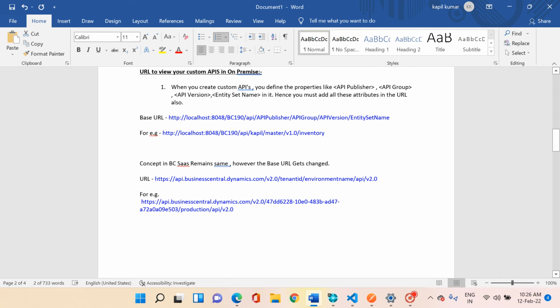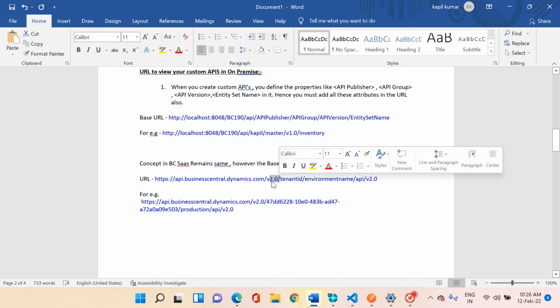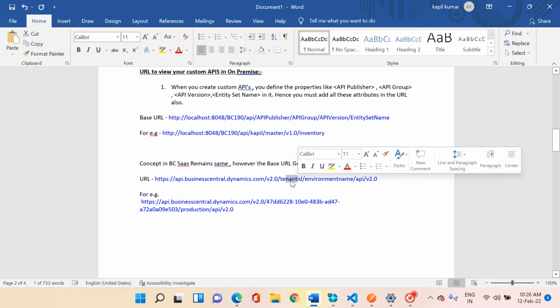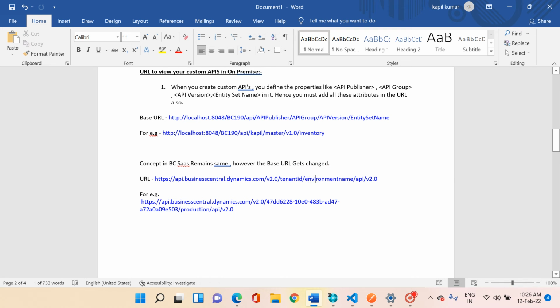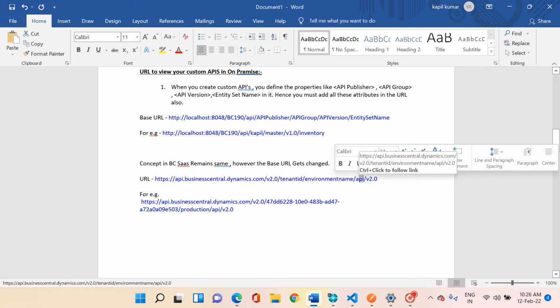So the URL is that: https://api.businesscentral.dynamics.com/v2.0. Then the tenant ID. The tenant ID is the unique ID of your company, which is registered in the cloud and running the Business Central version. Then obviously your environment name, then the API, which is a fixed value, and of course the